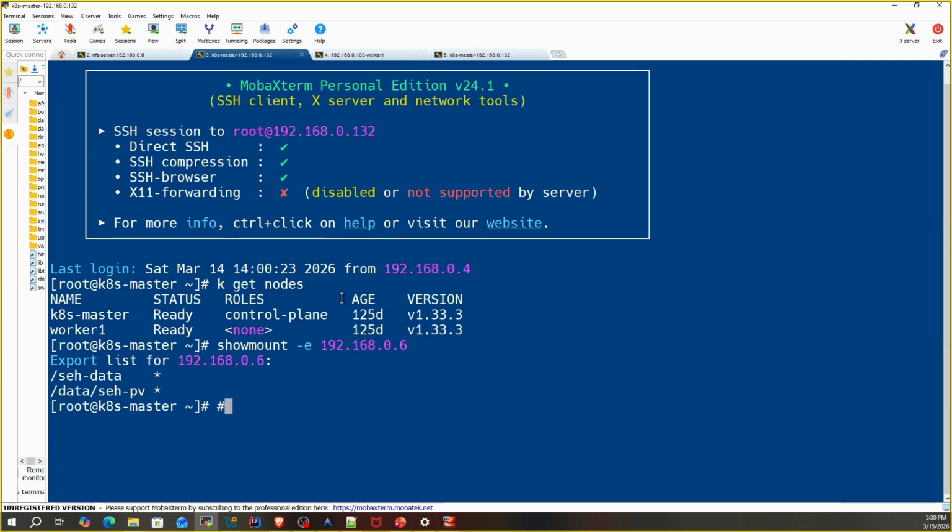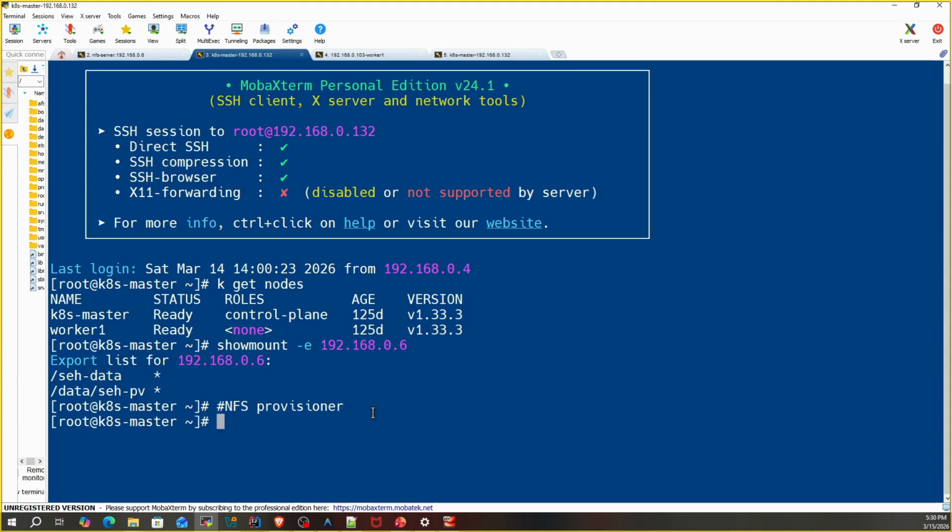The next step is to install the NFS provisioner. Why do we need an NFS provisioner? The NFS provisioner automatically creates persistent volumes inside the NFS storage whenever a PVC is requested. This is what enables dynamic provisioning of storage. The easiest way to install the provisioner is using Helm. Helm is basically a package manager for Kubernetes, similar to how apt or yum works in Linux. Don't worry if you are new to Helm, I will create a separate Helm tutorial series later. For now, just make sure Helm is installed on your Kubernetes control plane node.